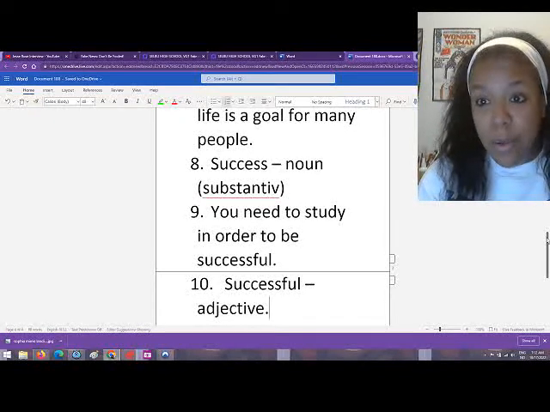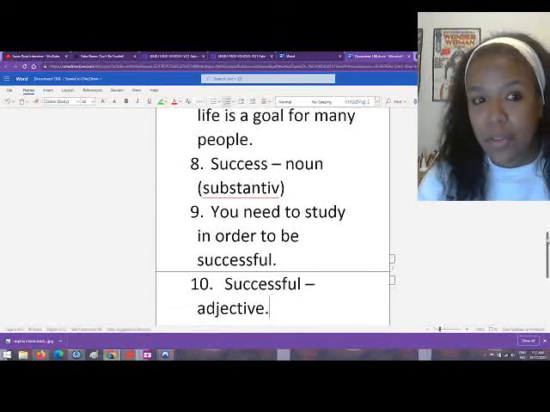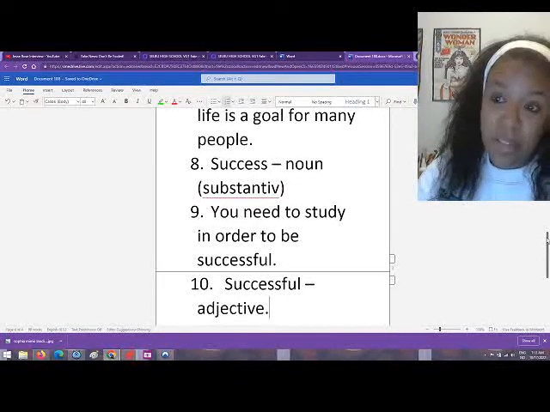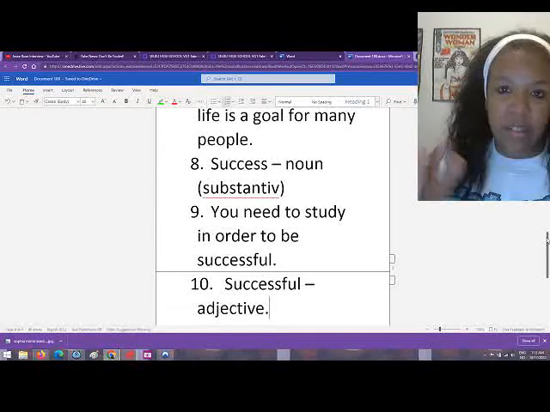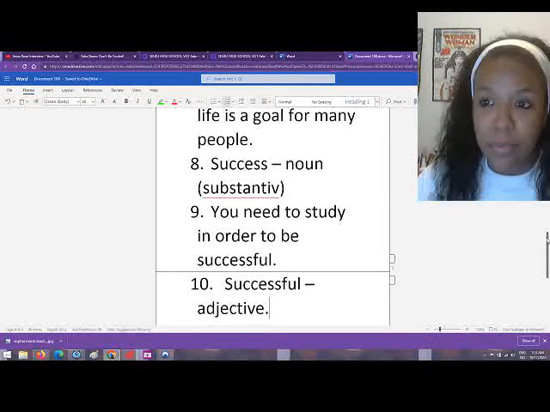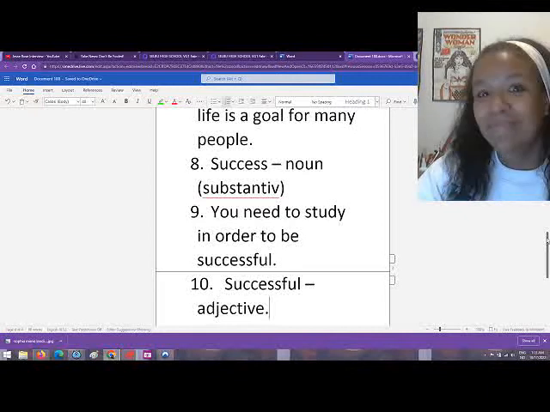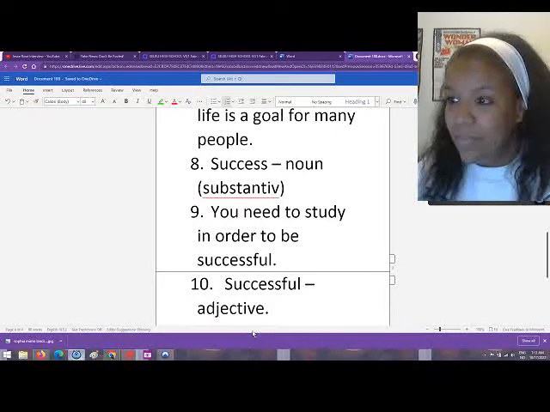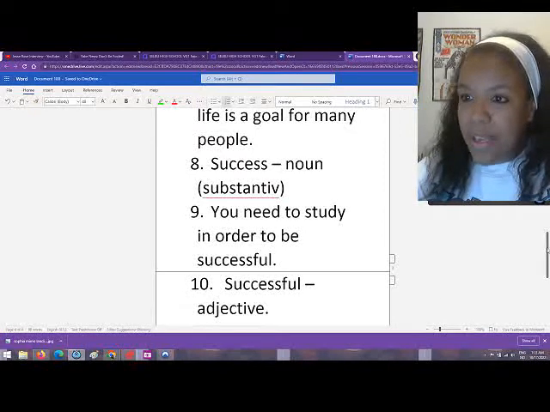I don't allow Grammarly on my tests. I don't allow Google Translate. So you have to know a lot of this by heart. I will give you a list of the words with the definitions. I have no problem with that, but you can't use Grammarly. That's a big no-no for my classes. So having this in mind,